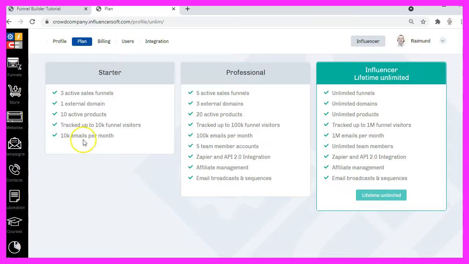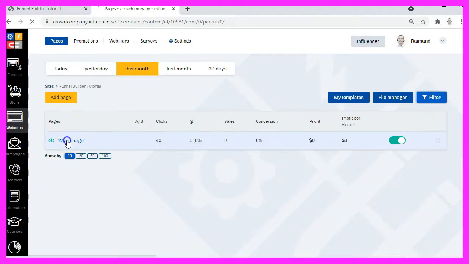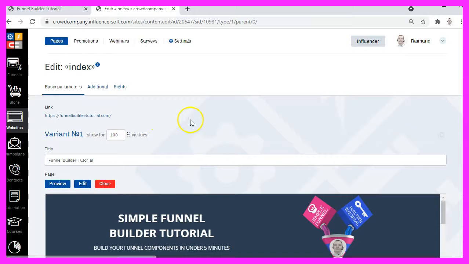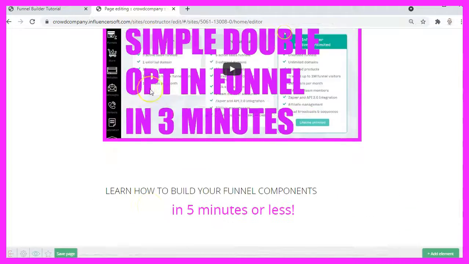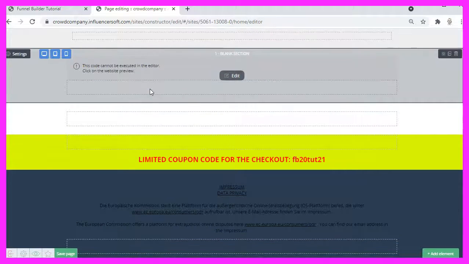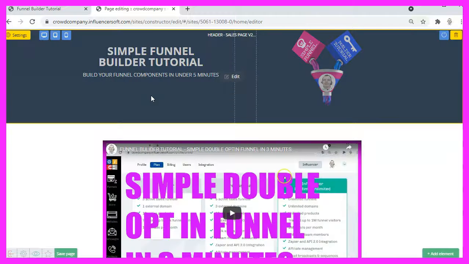So let's get started. Please click on the little icon for the websites on the left side. Here is my main website. It is called Funnel Builder Tutorial. This is the main page and I want to edit it. Currently it looks like this. We have created that page in a different video. So if you don't have a main page, you maybe want to watch one of the other videos that we